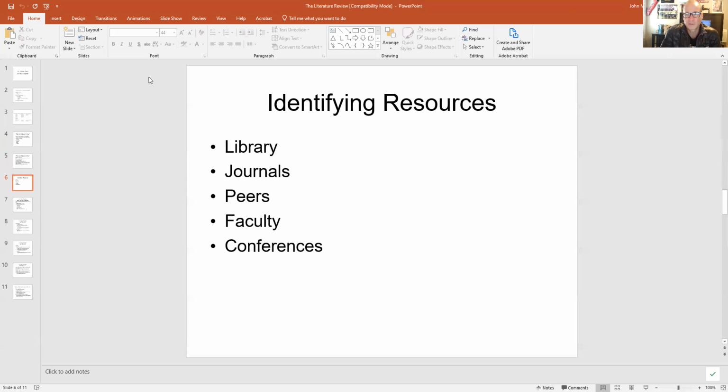You can also rely on your faculty. Look at the work that your faculty have published. Look at their CVs, their curriculum vitae. Look at their Google Scholar pages. See what papers they published, and you can see what expertise the faculty have. You can also go and ask faculty about key papers that they know of on a particular topic,